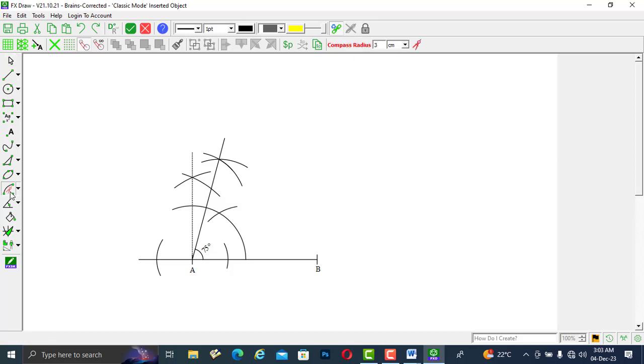So I want to mark the length of AD, which is 4 centimeters. I go to the compass, then I go to the measurement, which should be 4. Then I put it there and scribe an arc of 4 centimeters. Then using the same radius of 4, from B, like that. But AB should be equal to DC, which was also